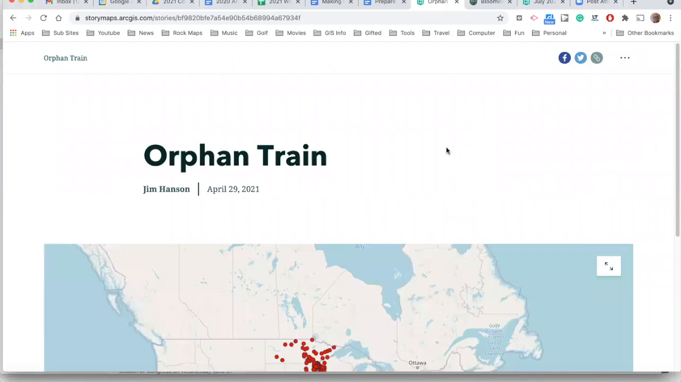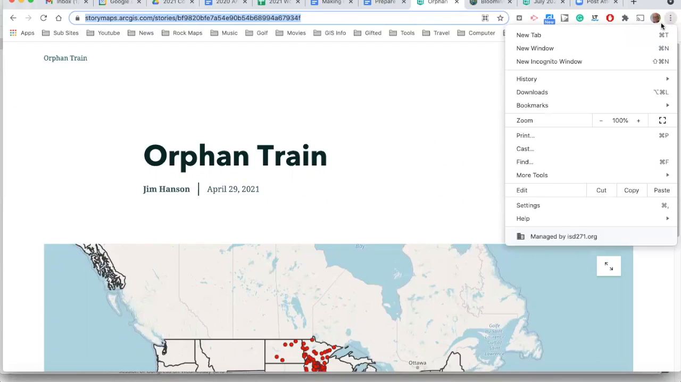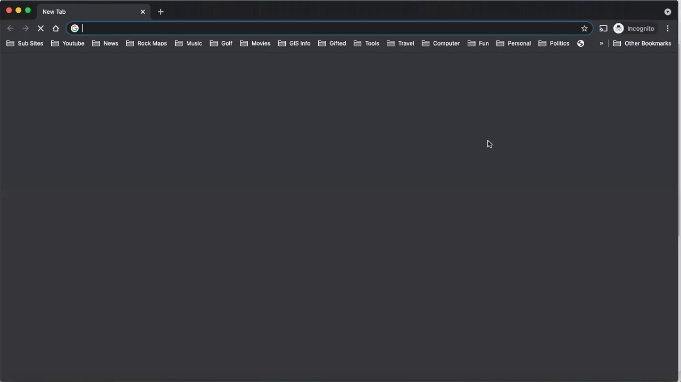And the one caution you have to make sure of is that your most recent version has been published. And the way we test it, we go up here and we make a copy of the URL. And every browser gives you an option to open an incognito window. For the Chrome, it's over here. So I click on that. And what an incognito